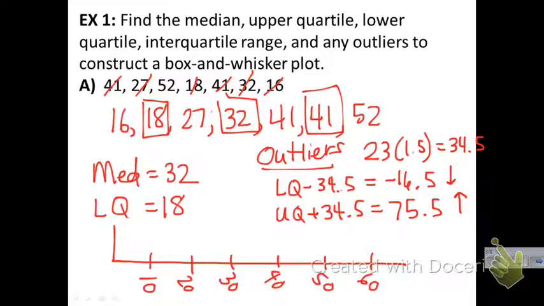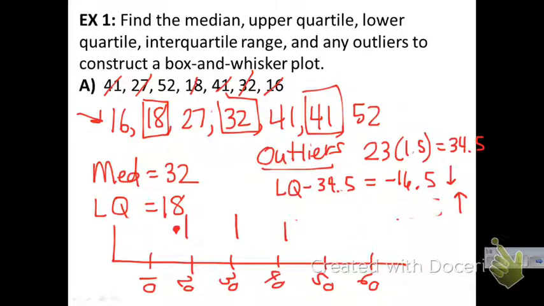And then to graph your box and whisker, you start with your lowest number, which is 16, and because it's not an outlier, I will include it when I draw my whisker. Then you graph the lower quartile, which was 18. Then we graph our median, 32, and notice I'm using bars on those, and then 41 for the